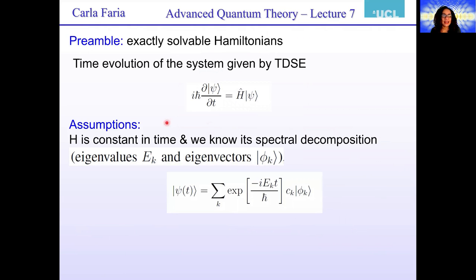So the question is, if we assume that H is constant in time, so it's not time-dependent, and we know how its spectral decomposition is, namely we know the eigenvalues a_k of H, and we know the eigenvectors psi_k of H, this means that we can write this time-dependent state vector psi(t) as a sum over k of exponential minus i E_k t divided by h bar, where these are the eigenenergies,